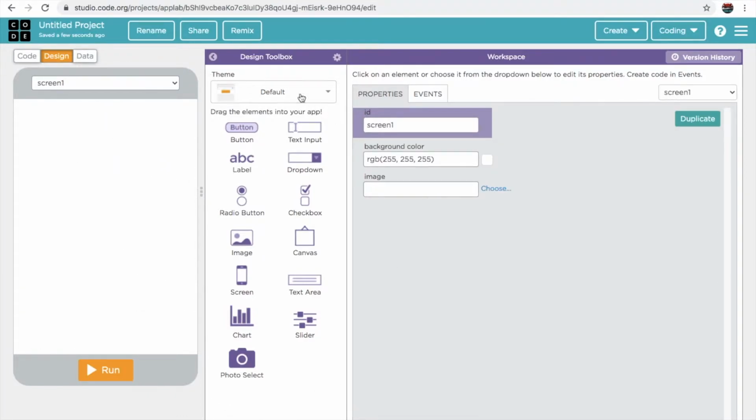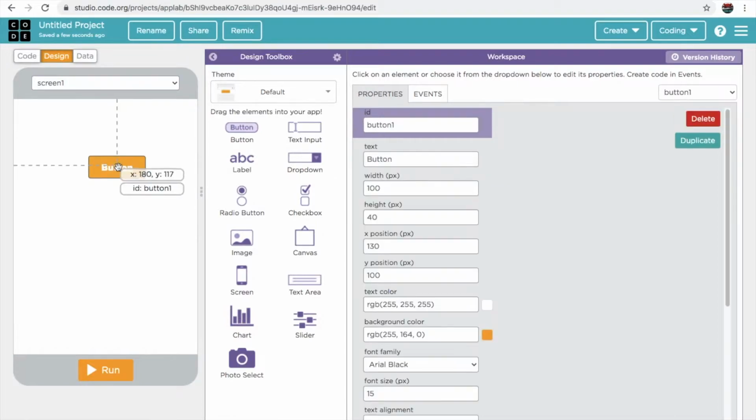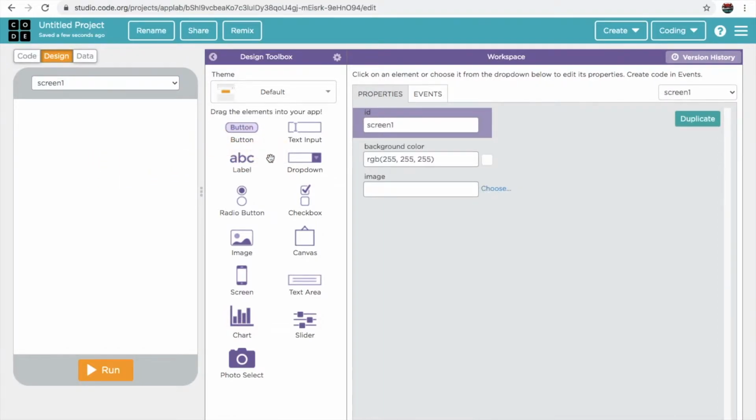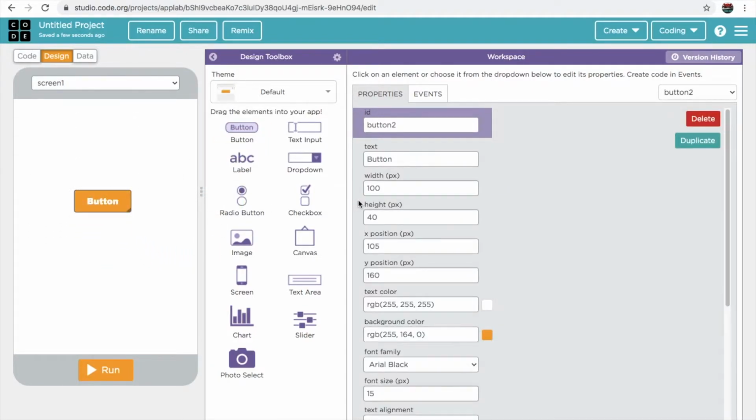And this is a design toolbox. All the app design components are here to drag and drop onto the mobile screen, whatever you require. And if you don't want one, drag and place it back. Let me show you how we are going to design today. As I said, we are going to learn how to change the properties of a button. Now let's click Button, drag and place it inside the screen wherever you want.